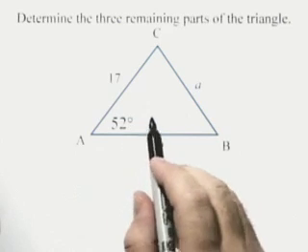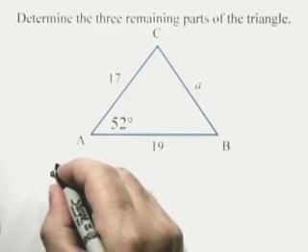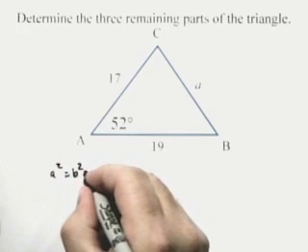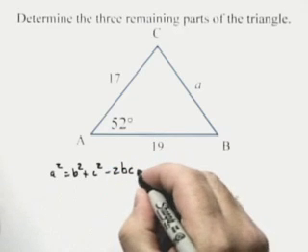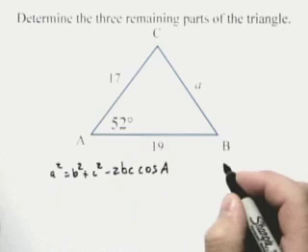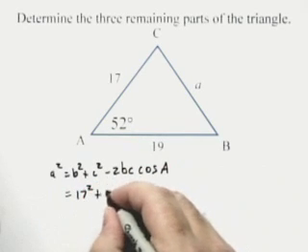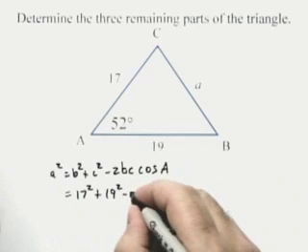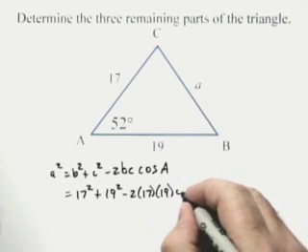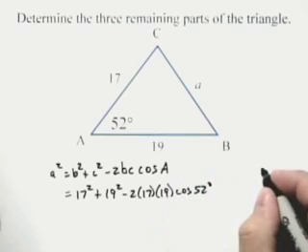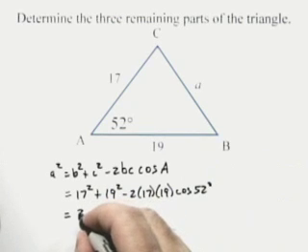We're going to use the law of cosines to find the third side, a. We'll have a squared equals b squared plus c squared minus 2bc times the cosine of angle A. And plug in our values, that gives us 17 squared plus 19 squared minus 2 times 17 times 19 times the cosine of 52 degrees. If we evaluate that, we'll have a squared is equal to